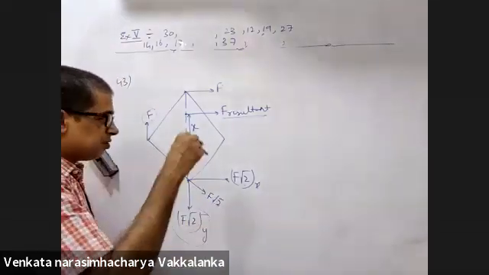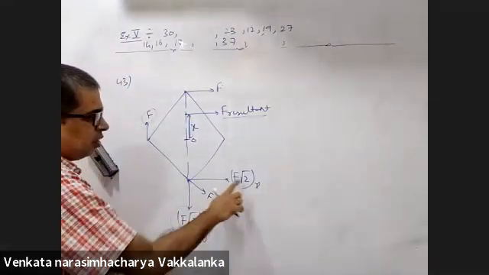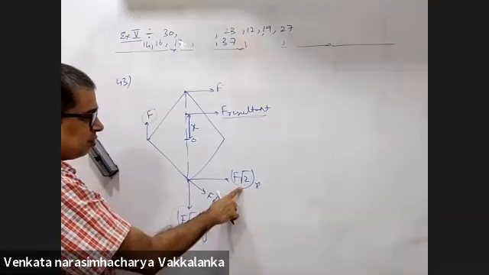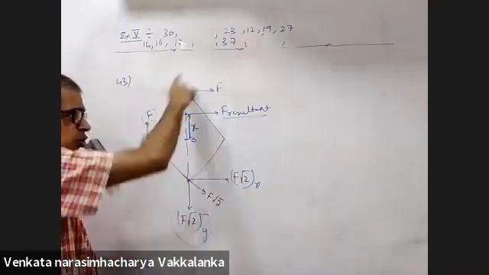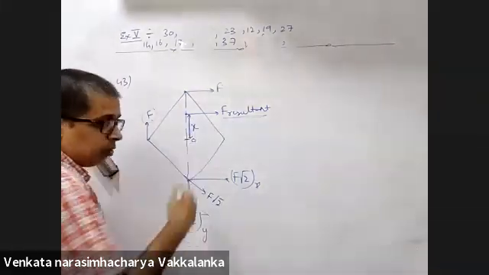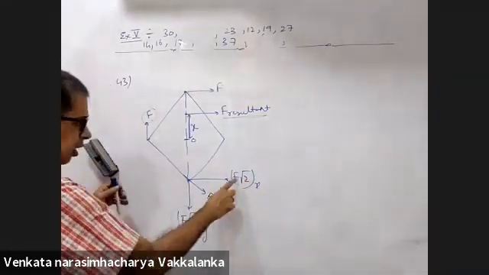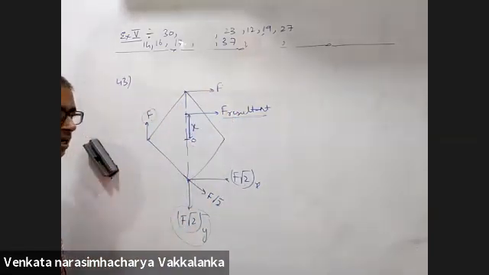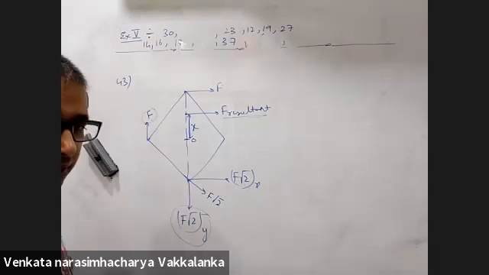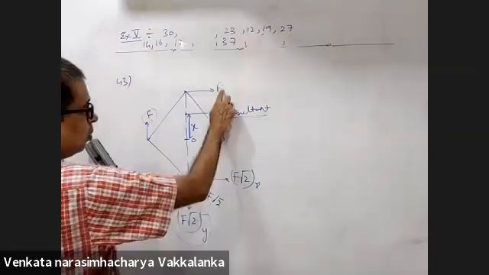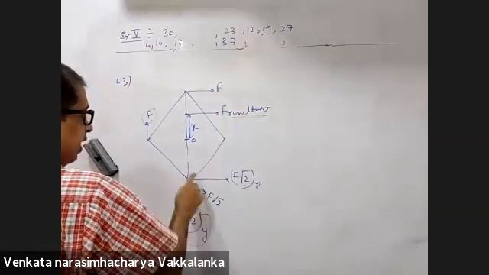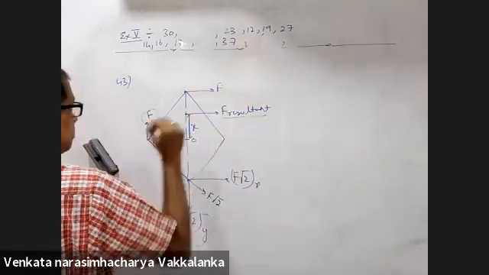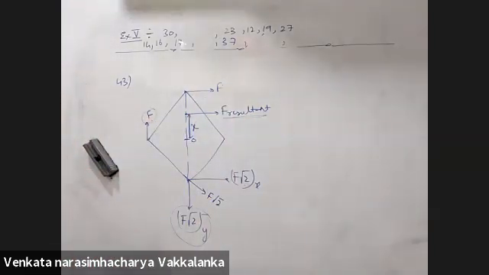Yes, sir. Second, how do I get this distance X? Net torque about the center of mass due to all the three forces should be equal to F resultant into X. So we have to find the force which could replace all the forces. Exactly. So the sum of these should be equal to F resultant, and net torque due to all the three forces should be F resultant into X. Okay, got it.